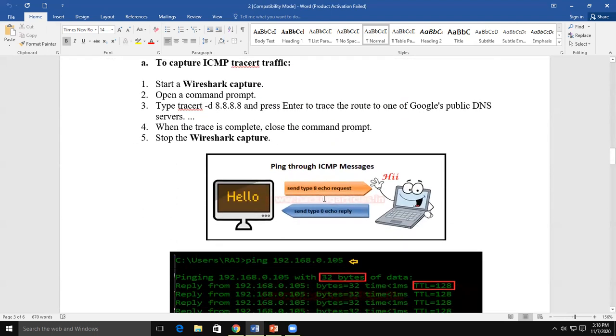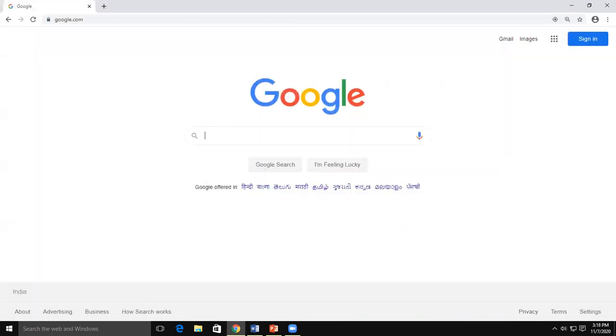So how are you going to download Wireshark? First we will see how to download Wireshark.